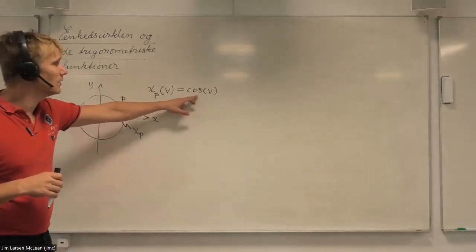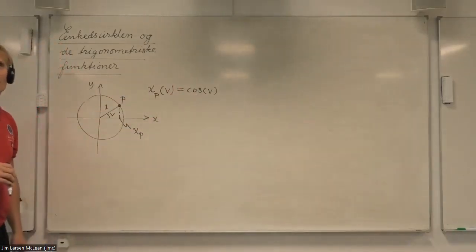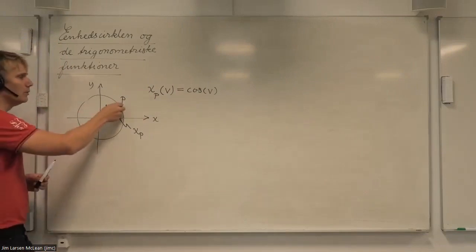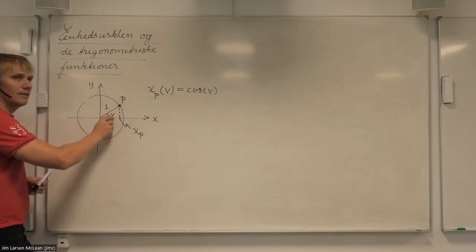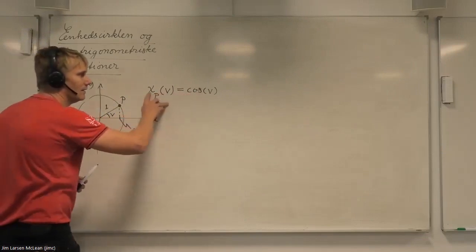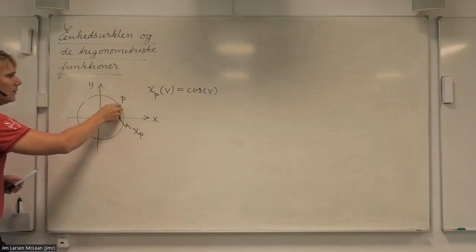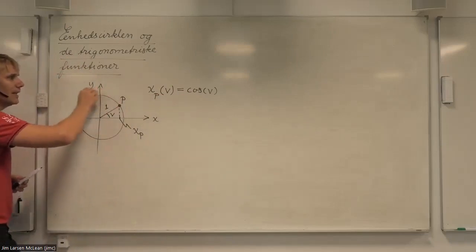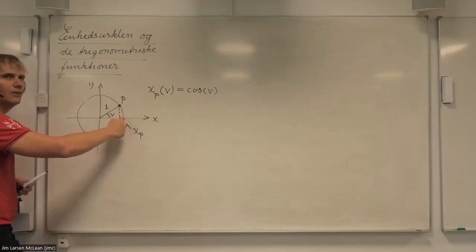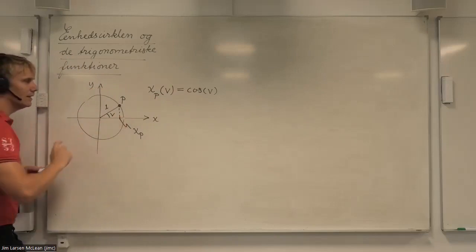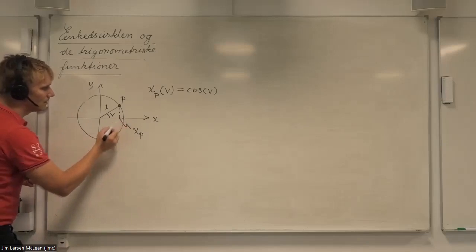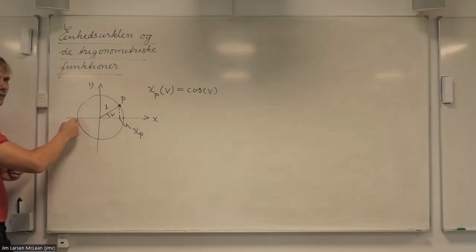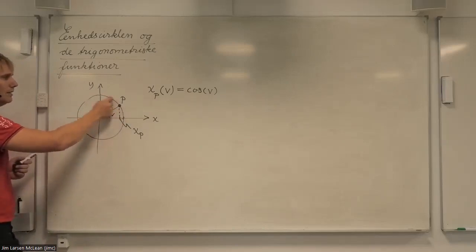So this is more about accepting than understanding, really. But what you need to understand is that if point P starts moving, the angle changes, and so does the x-coordinate. So when point P starts moving around the circle, what's the largest the x-coordinate can be? We know that when we're here at home, the x-coordinate is 1. So the largest the x-coordinate can be is 1, and the smallest it can be is -1, then +1, -1, +1,